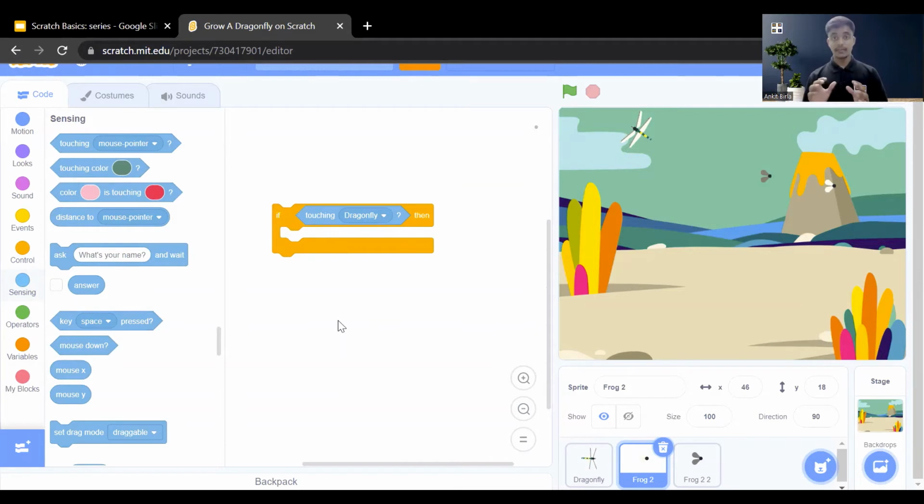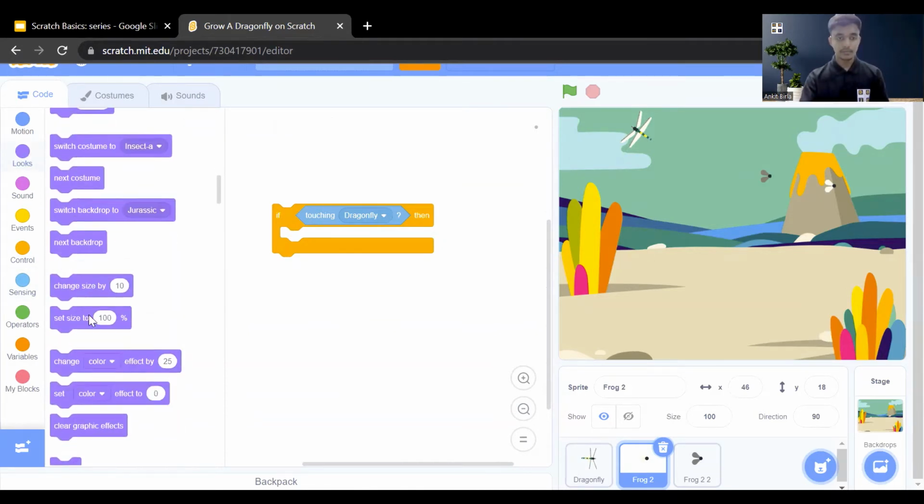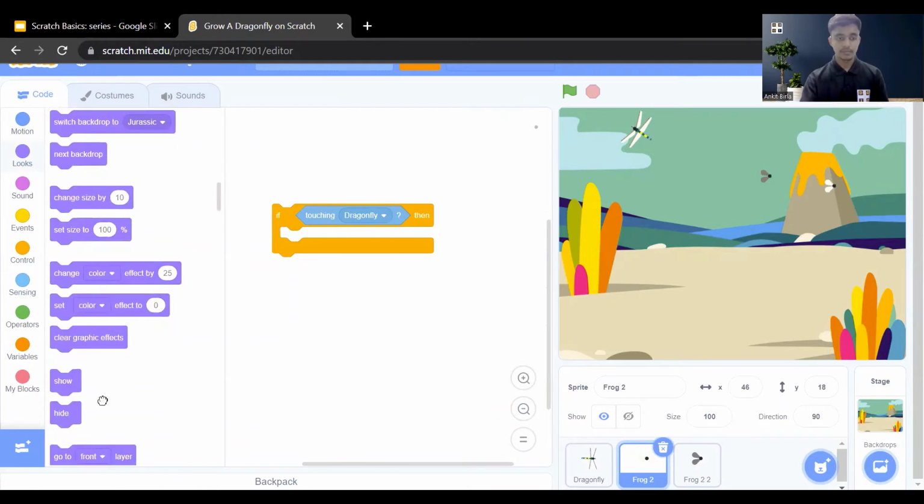Means so that it will look like it is eaten by the dragonfly. Okay. After hiding, just wait some seconds and again show the same insect